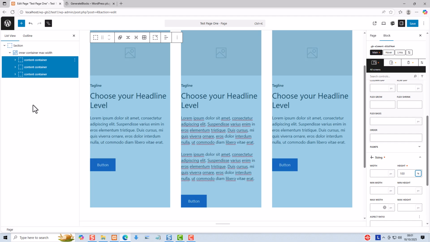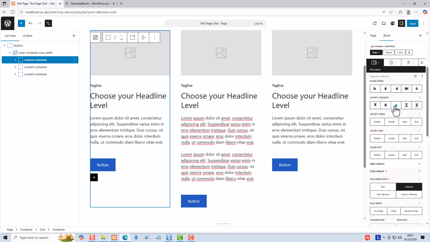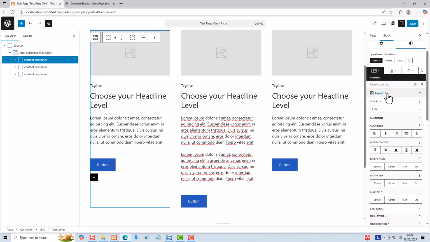You can see what I'm doing. But now I'm going to select the individual containers, and I can now use the justify content settings. So we're in the WordPress settings sidebar, block, styles, layout, and we can use the justify content